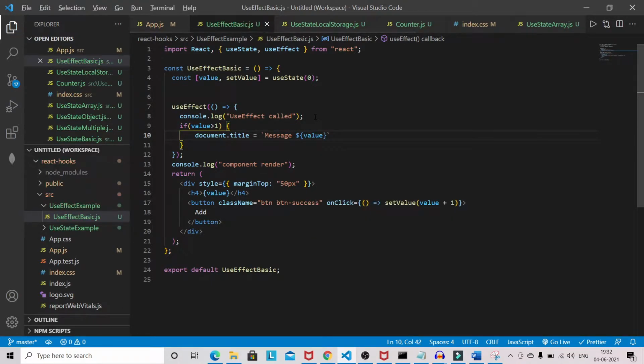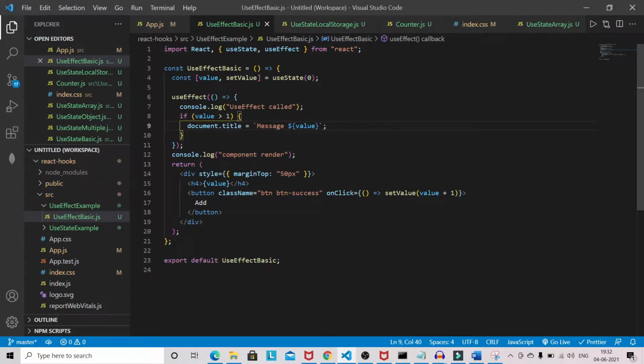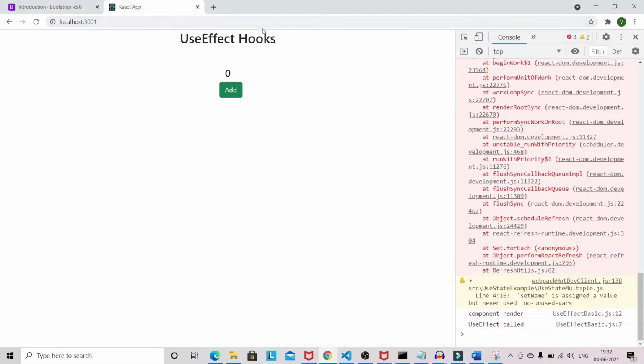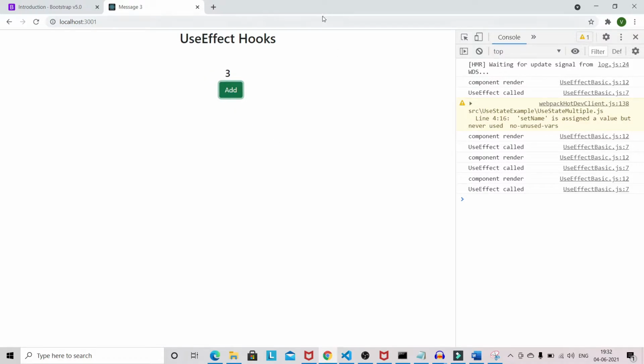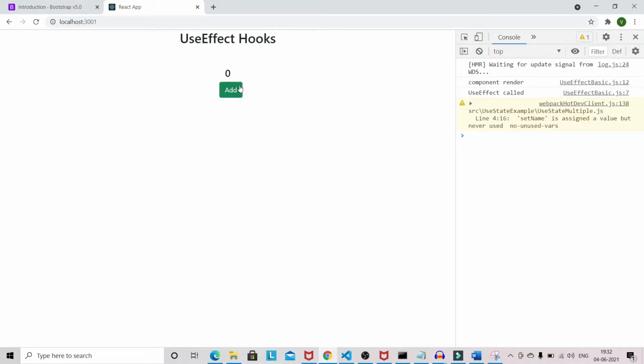Okay, so you can see I click, again it's console log. And one second, I'll reload, and if I click, you can see that the title is still React App. And after clicking once again on add, now the title is changed.